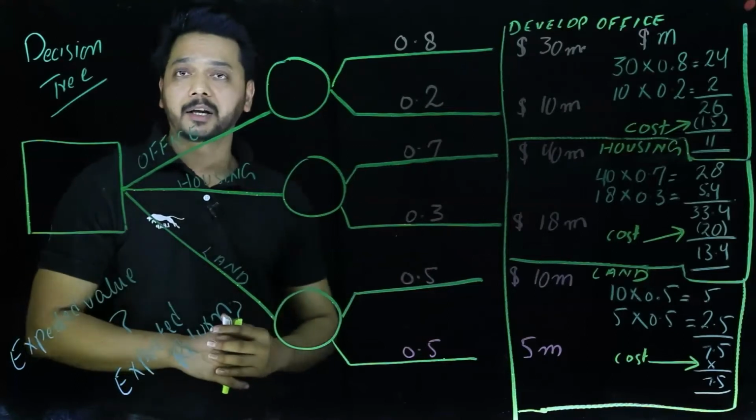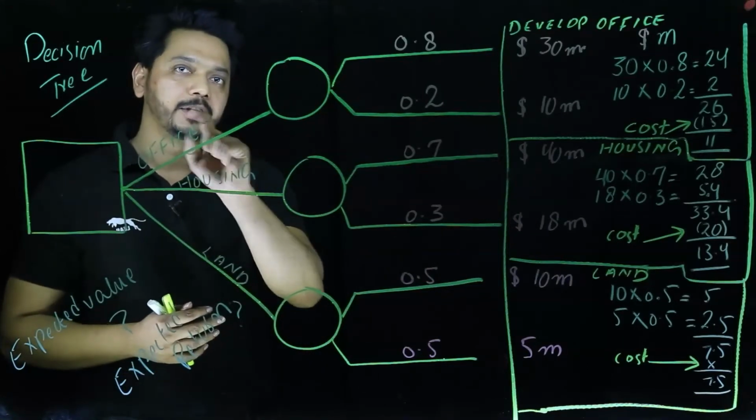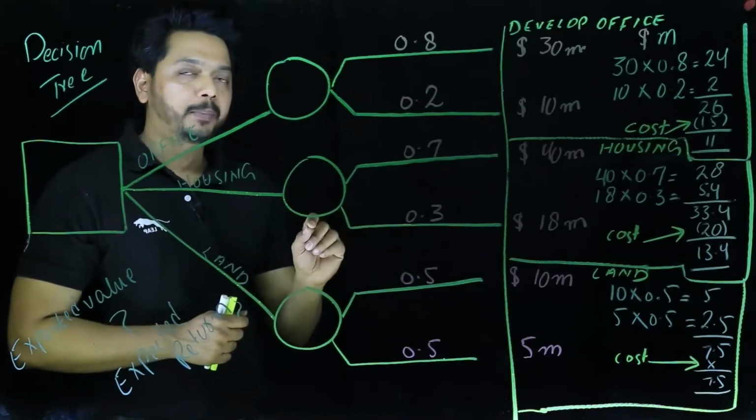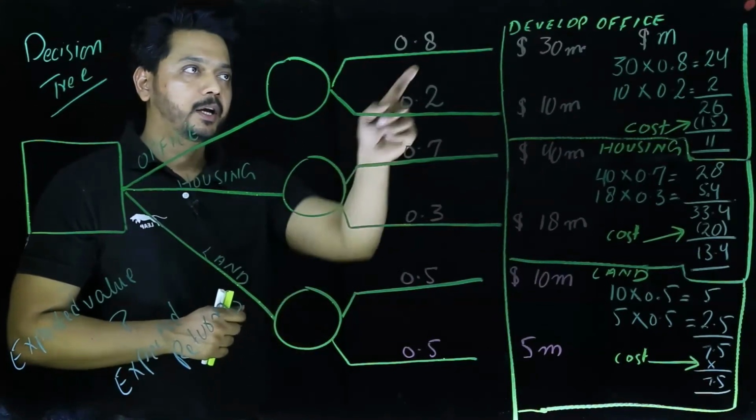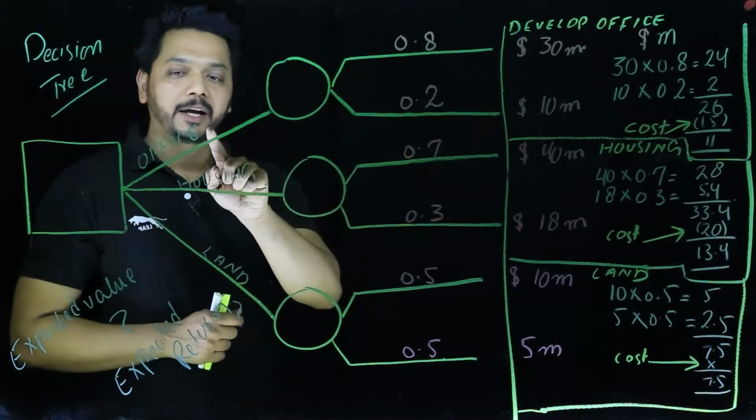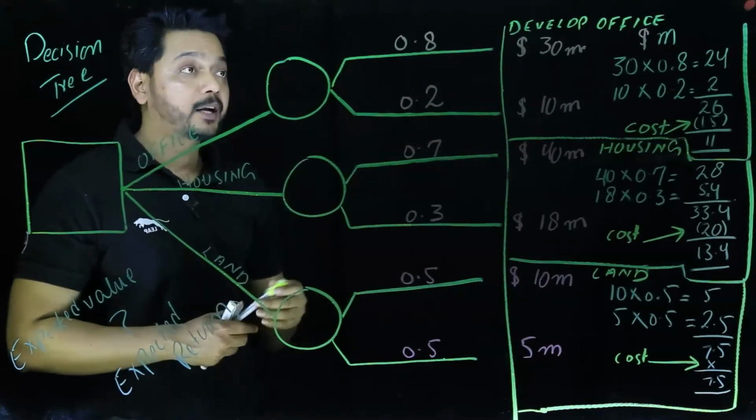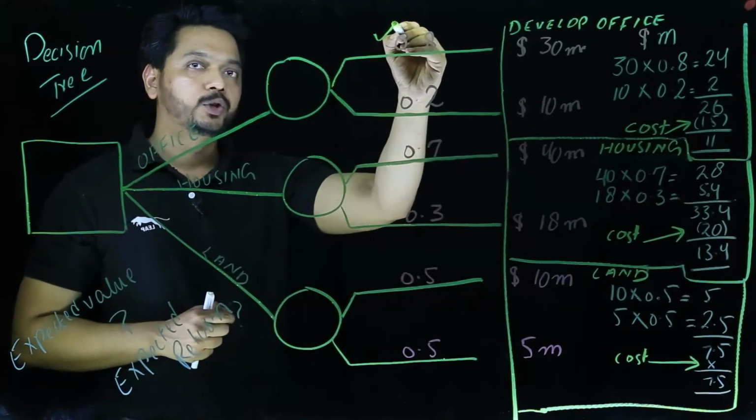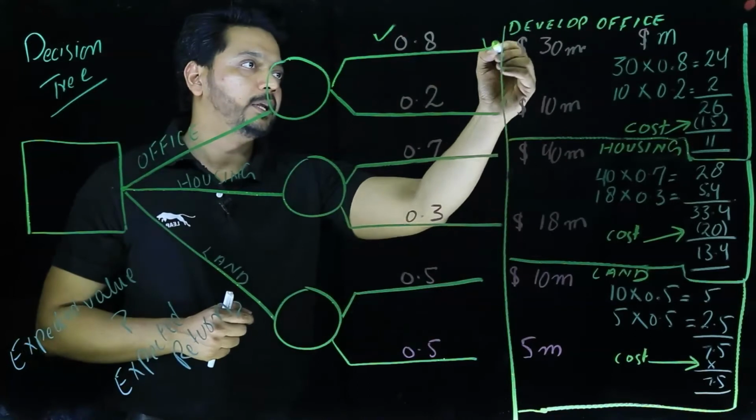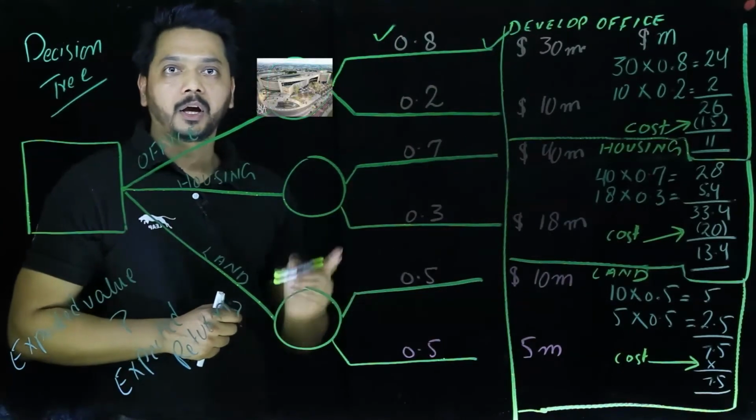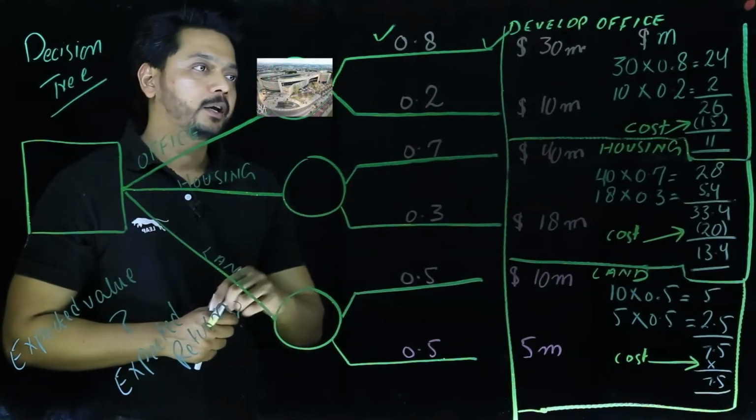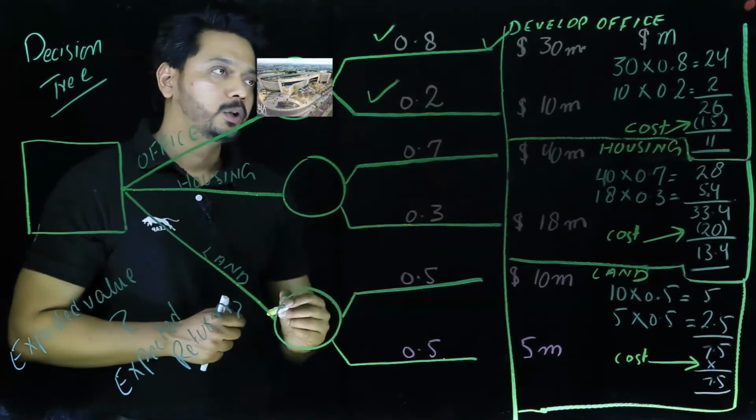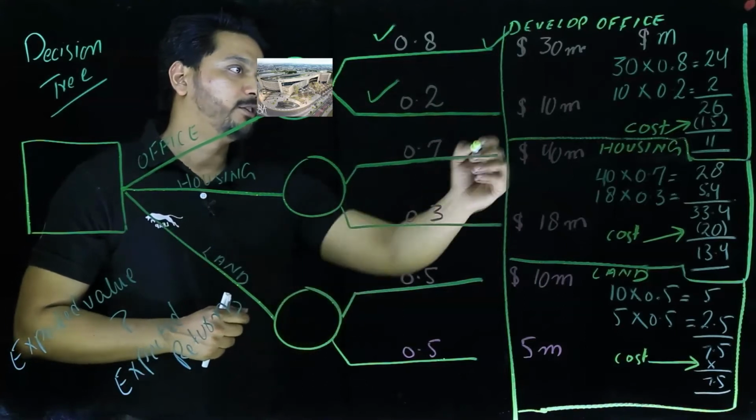So let's start with building up the offices here. You see the market information of expected failure and success is given over here. If they decide to come up with the offices, the expected probability of success is 80%, which will give them $30 million. In comparison, if the expected probability of failure is 20%, which will give them an expected return of 10